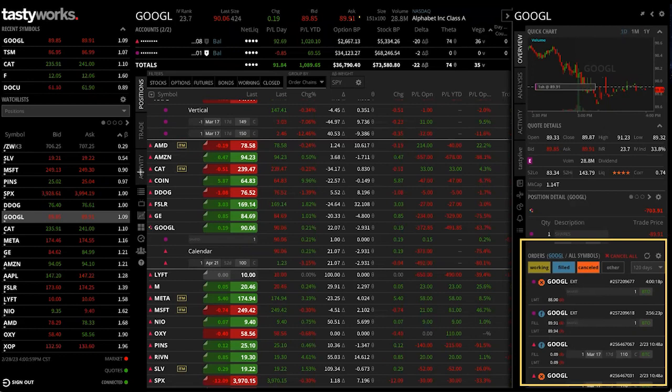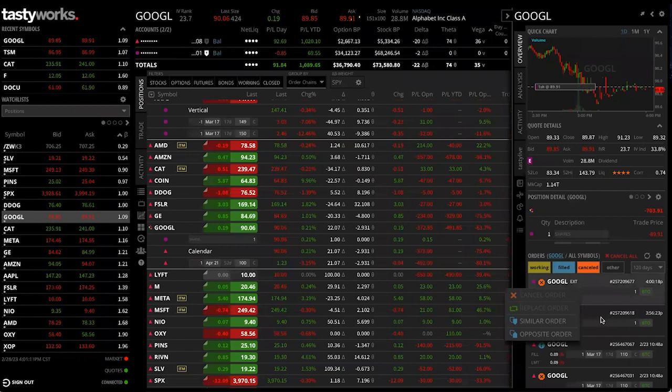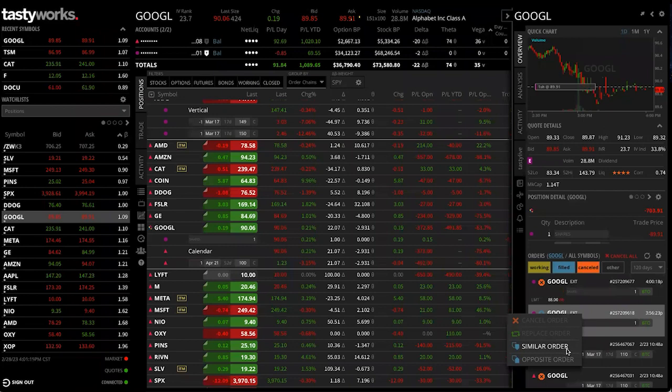But there's also an activity tab I'll show in the middle here shortly that shows you where you can help manage positions. And kind of like our positions tab here, if you were to right click on this bottom right hand side, you'll get that quick action menu as well. If you say wanted to place a similar order, place the same exact trade that you did before, or the opposite, maybe you'll want to short it now, you can do that through the activity tab or